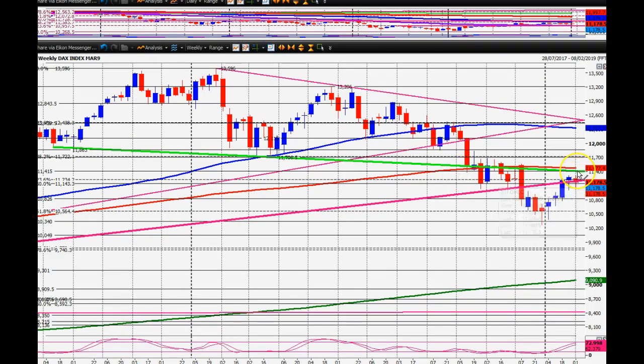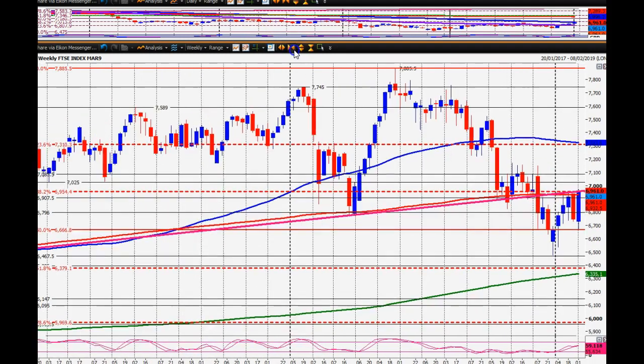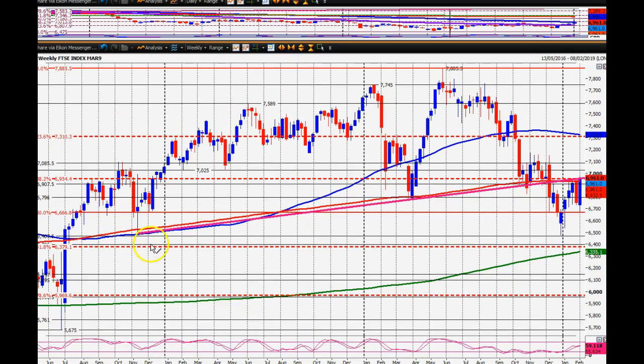We're running into what will be an important resistance around the 11,400 area, and then we've got the 200-week moving average at 11,470. This trend line doesn't seem to be having quite as important an impact as it should, but I'm going to leave it on there. I'm going to show you the FTSE weekly chart because we've got the 200-week moving average. Can you see that red line there? And then we've got this thick trend line, which I've thickened out so you can see it, going back to November of 2016. So just over two years old, that trend line is very important, coupled with the 200-week moving average,